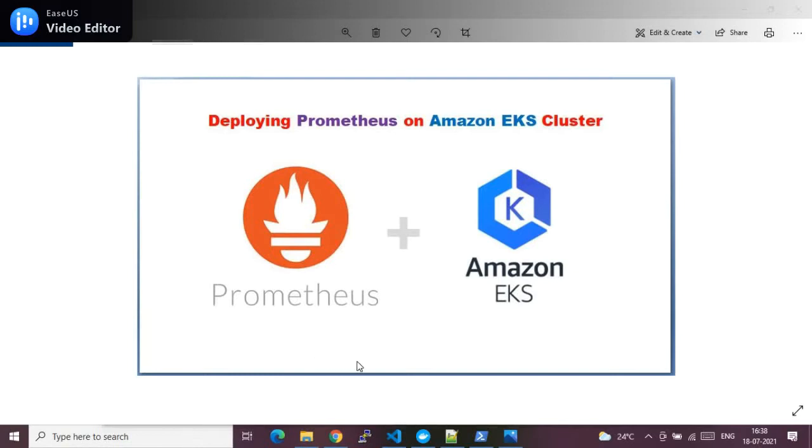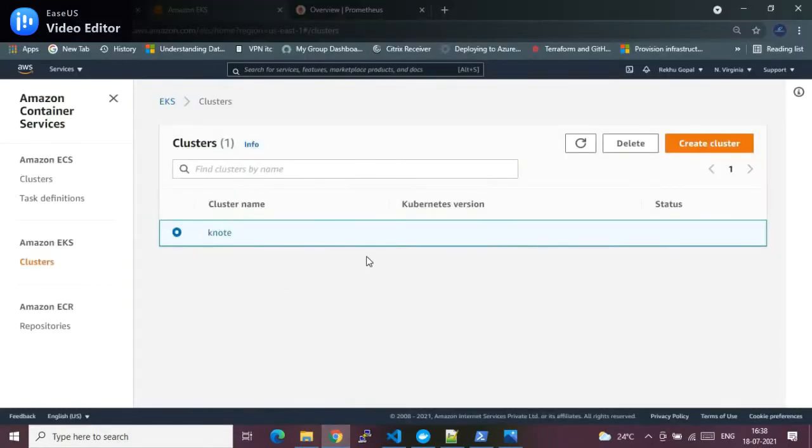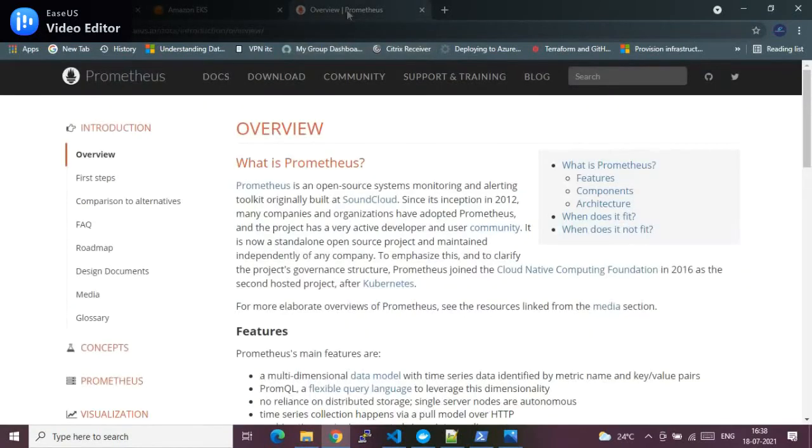As you see, this is the logo of the Prometheus tool, which is used for monitoring the Amazon EKS service. This is my AWS account which I will be using for this demo. And this is the Prometheus web page where you can see the definition.